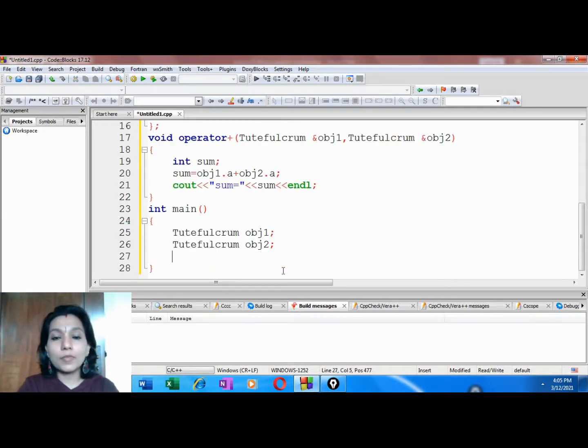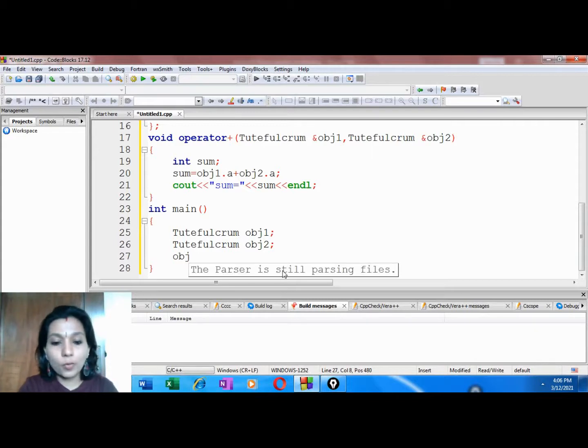In the next statement, we are going to invoke the operator overloaded function. So you know how to invoke the operator overloaded function. We have done the same with the unary operator in our previous sessions. You use the operator along with the operand, so that statement will be an invocation for the operator overloaded function. So same thing we are going to do here also.